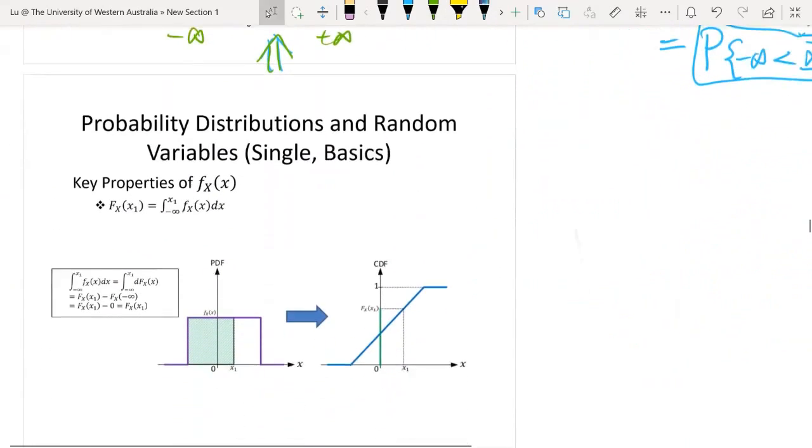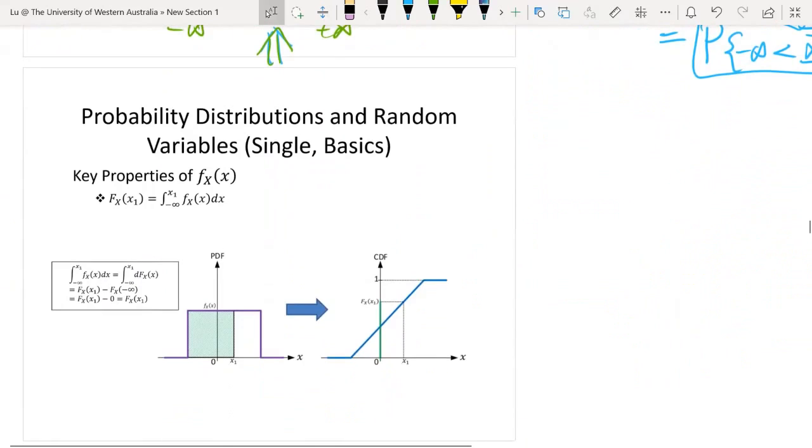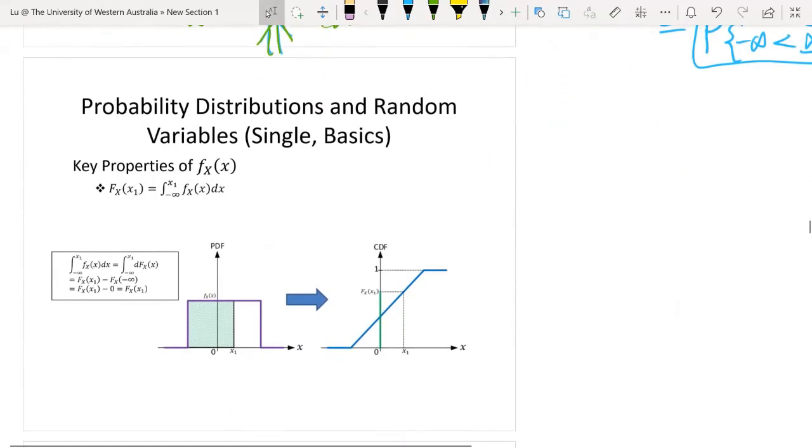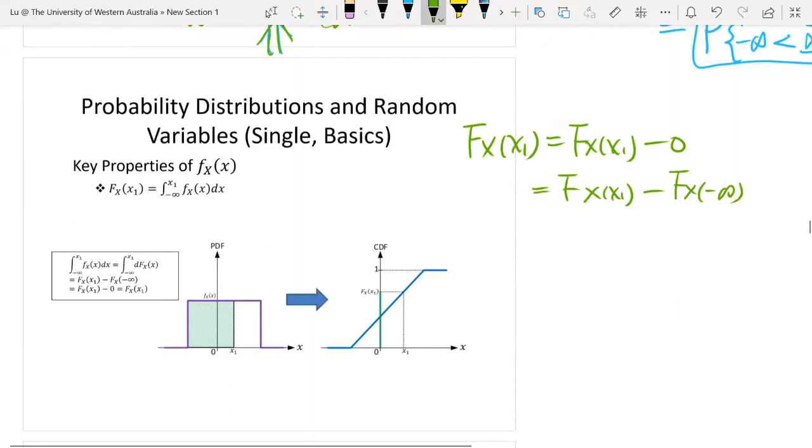Next part, actually same story. We just changed the x values, the parameter values. In this property here, we want to determine what is the F_X(x1), for example. But the F_X(x1) is equal to F_X(x1) minus 0, which is actually F_X(x1) minus F_X(negative infinity). By doing it this way, we can translate this CDF function values difference to the calculation of the area in the